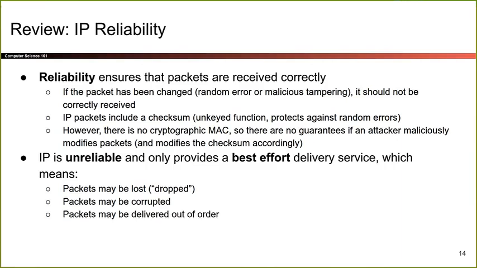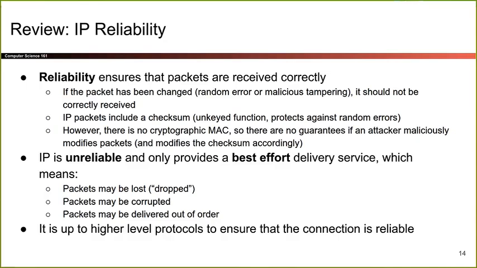It could be tampered with, the packet could be delivered out of order, so this is a problem, right? If I send 2 packets, there's no guarantee who gets there first. So these are all problems with IP. It's unreliable, it's best effort. It's kind of like, I'll try to send, sometimes I succeed, sometimes I don't, and you just have to deal with that. So now it's kind of our job to create another layer to ensure that connections are reliable, because this is kind of terrible.